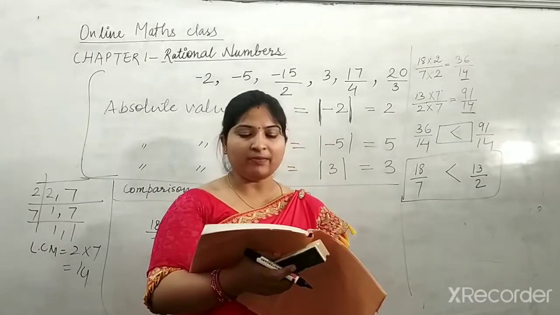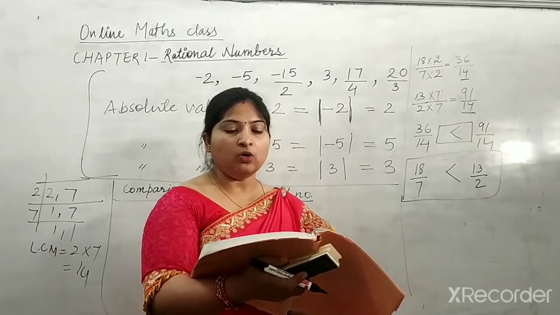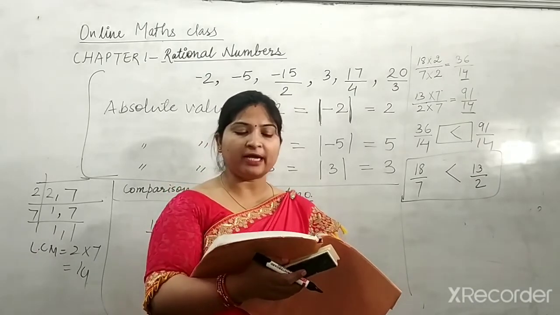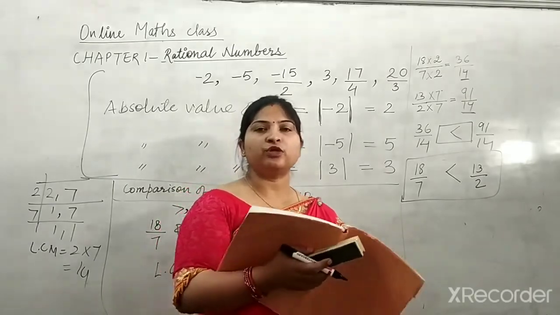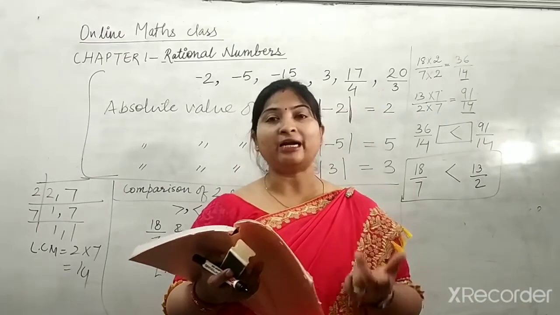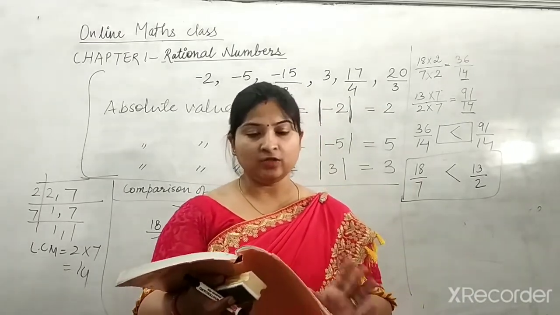Okay, questions number 8 and 9, ascending and descending order. It is given in the hint that it is easier to do so by converting to decimals. You don't have to convert to decimals. What I told you, take the LCM and then do it by that method, then it will become much easier. So 8 and 9 you will try yourself.